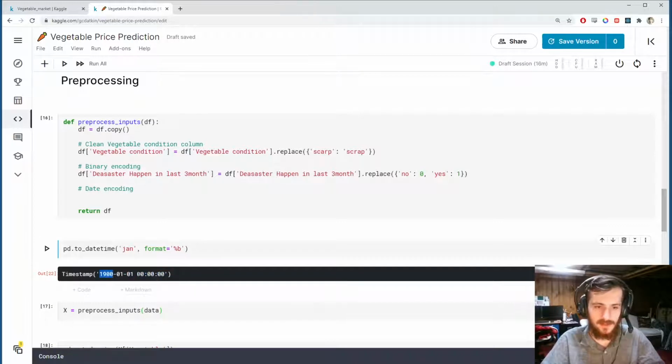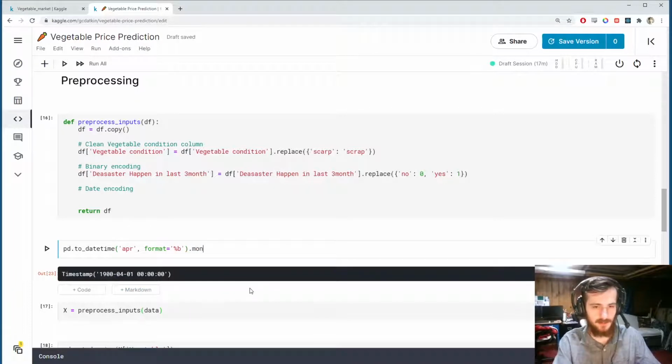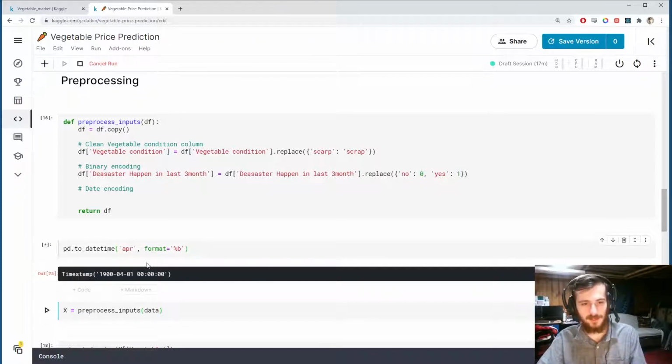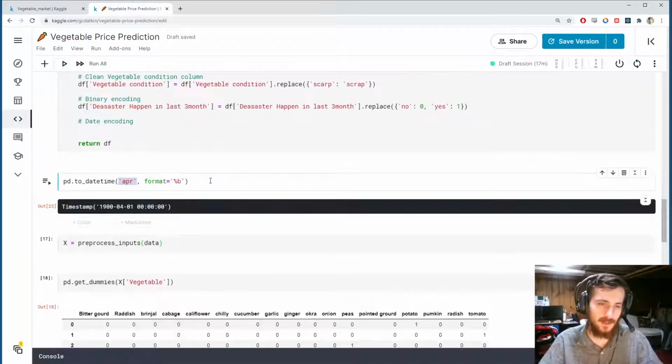Now the year doesn't really matter, the hours doesn't matter, because the only information it got was January. But if we were to change this to April, you can see the month changes. And this is useful because now we can type .month to get back the month as an integer. And that's very nice because this will do the ordinal encoding for us. Now I would like to point out that we can do this sort of thing for the whole column at once. If we pass in the column, which is x sub month,